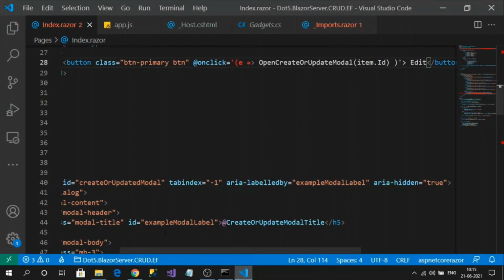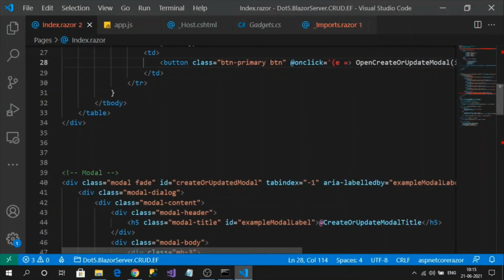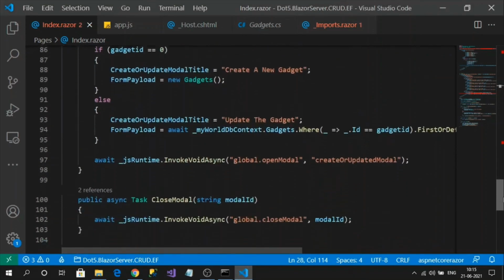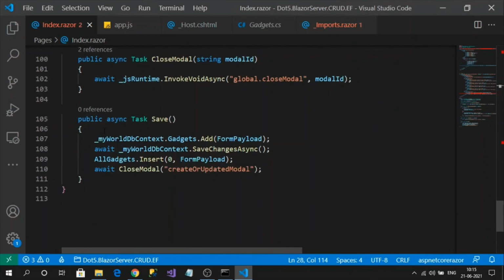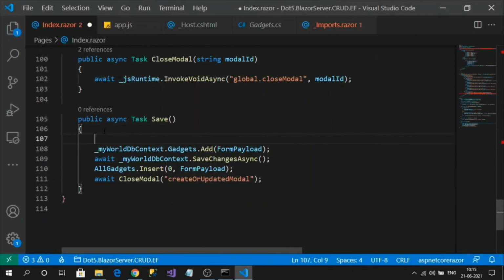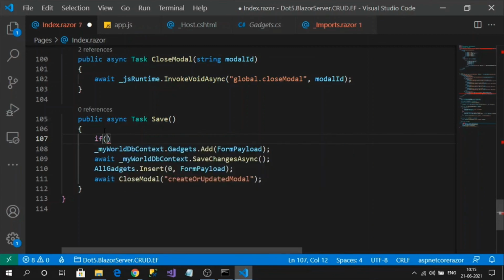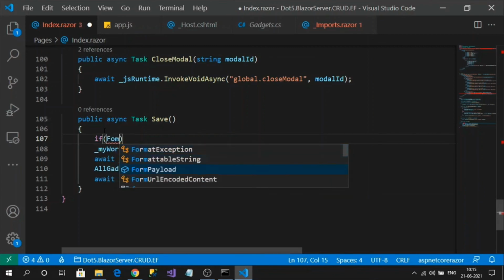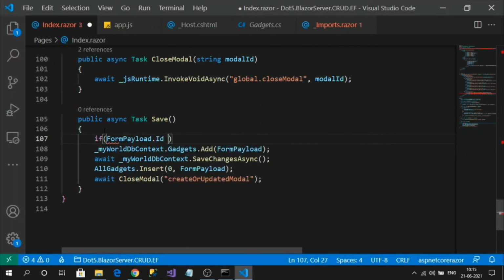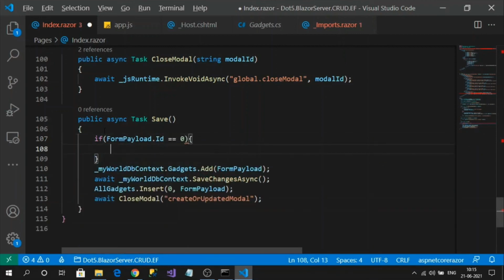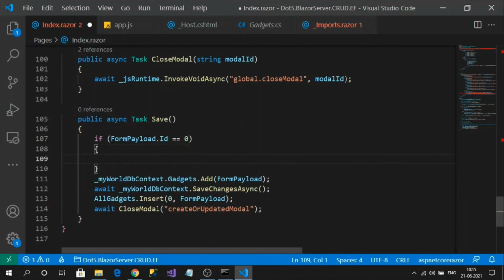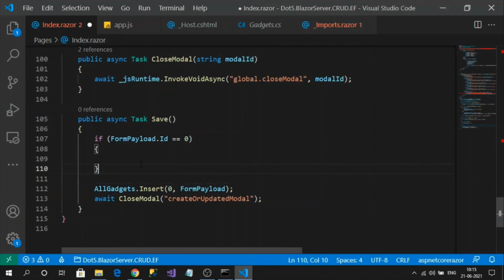So for that, I need to update the save method. So go to the save method. If form payload dot id equals 0, that means it is a new record. So for that, I will copy this code and add it here.